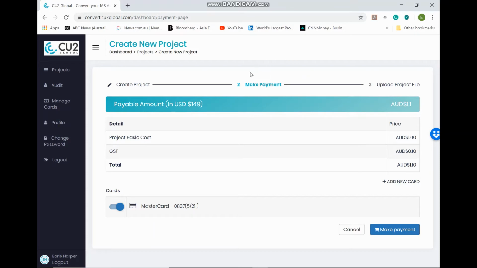This goes to the second phase of the project, make a payment. As this is a dummy account, you'll see that this is only done at $1 and the GST of Australia rate is at 10%, which is 10 cents. Therefore, the total cost of this is $1.10. In terms of making a payment,